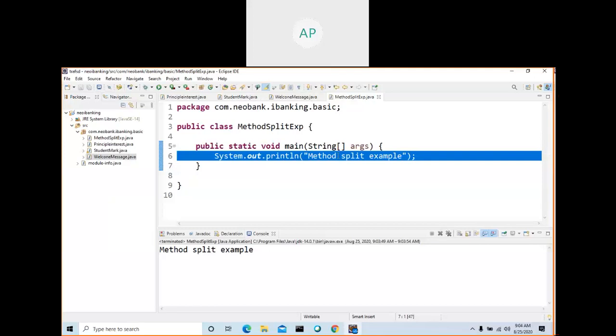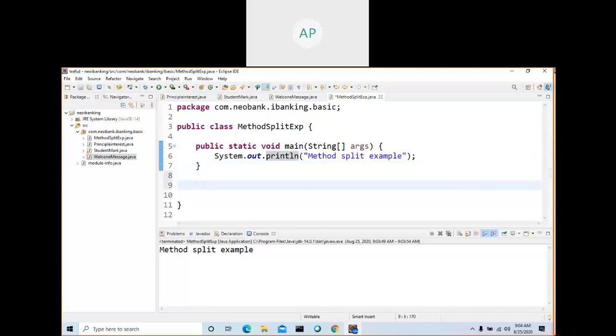Then what I want to do is four operations. In our previous example, we did four operations. One is the welcome message, another is add, multiply, and divide. Say for example, I want to do either one operation, either add or divide or multiply. In that scenario, what you can do is move the functionality to different methods.